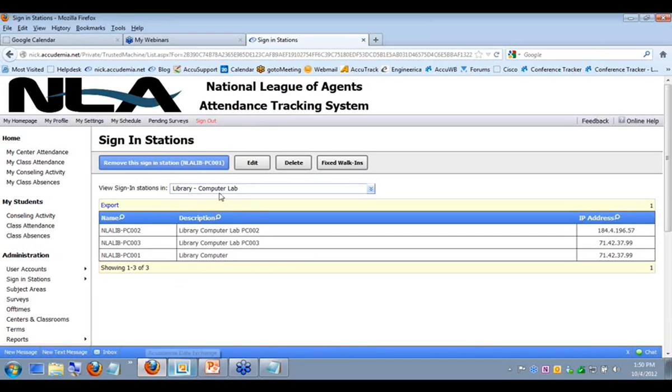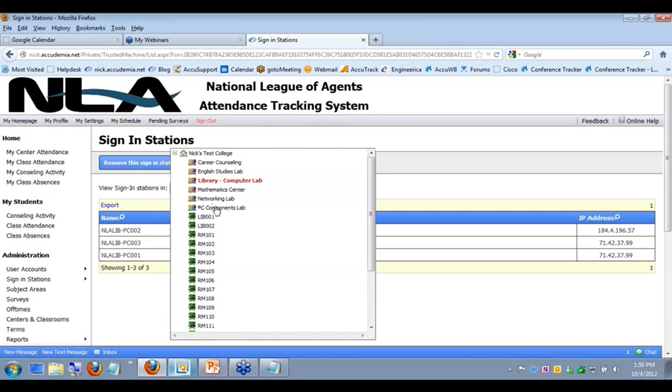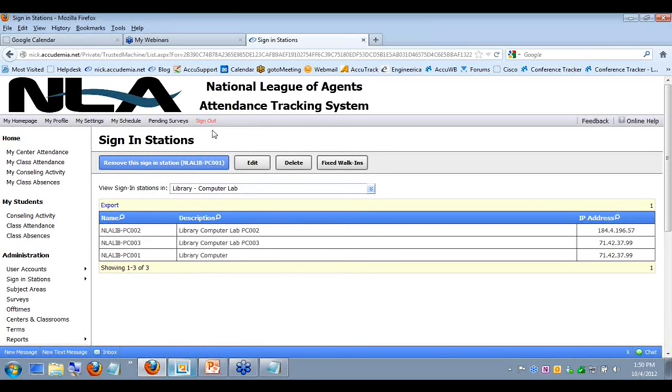Once you've made yourself a sign-in station, you actually have this button here that says remove this sign-in station. So if you're ever going to change the computers around, and maybe move this one to another area, you could always just remove it and then create it in its new lab wherever that's going to be. But basically, I'm going to sign out real quick,